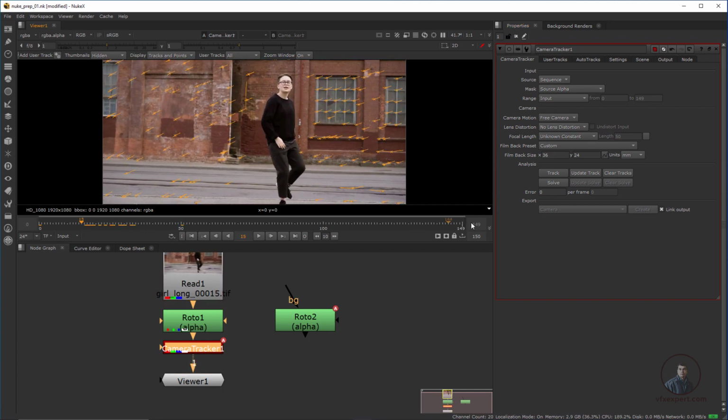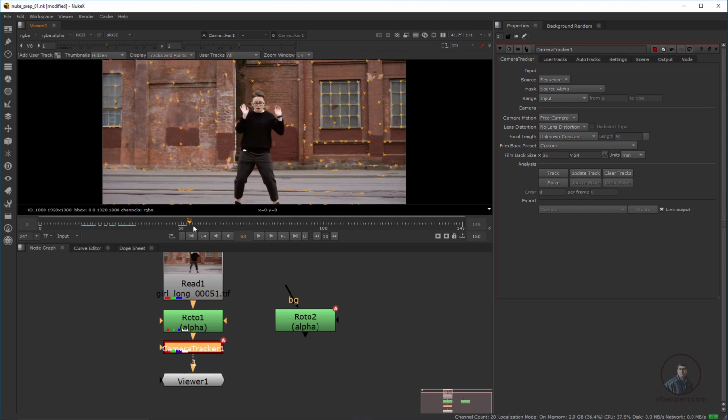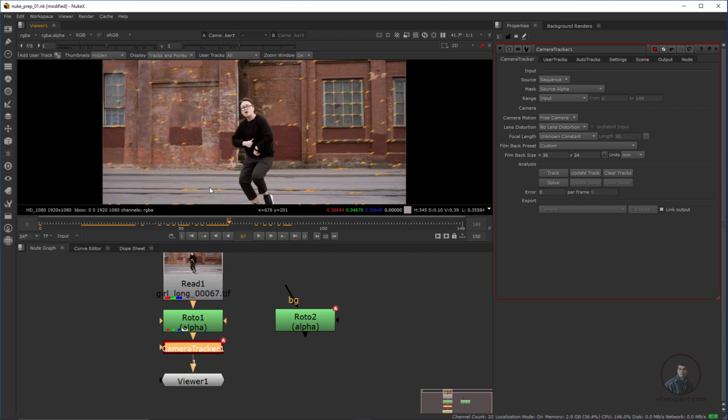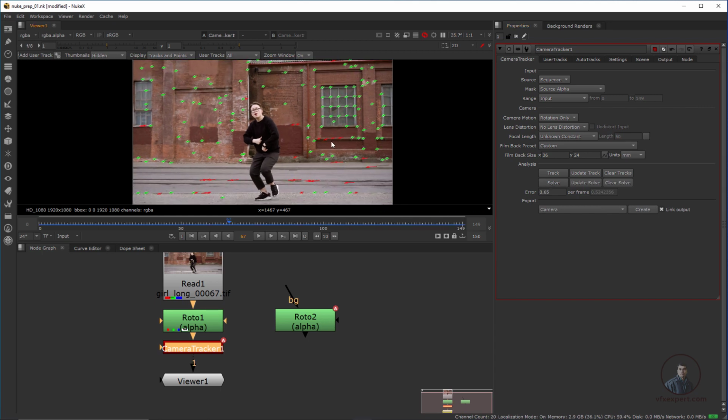After this we have to solve our camera here. Before clicking on solve camera, you will see the camera motion option, because Nuke by default solves your camera as a free camera, but according to my footage, I think there is no parallax change in our shot. So here I am going to shift this to rotation only. You have to select according to your footage. By default it's taking free camera. Okay, then simply click on solve here. So now I have solved our camera.